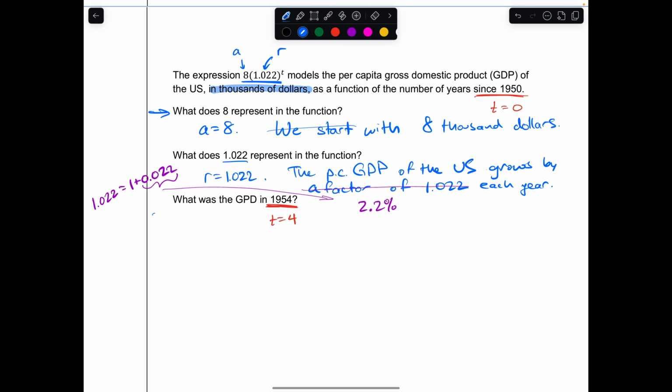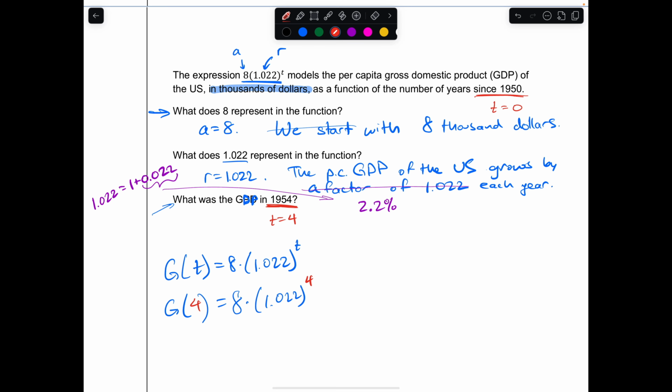All right, and the last question, what was the GDP in 1954? Well, again, we'll take that expression. I'm going to write it as a function instead. We could say G for GDP as a function of time, T. And then let's plug in 4. 4 years after 1950 would be 1954. We can take 8 times 1.022 to the power of 4. And when we plug that into our calculator, we should get about